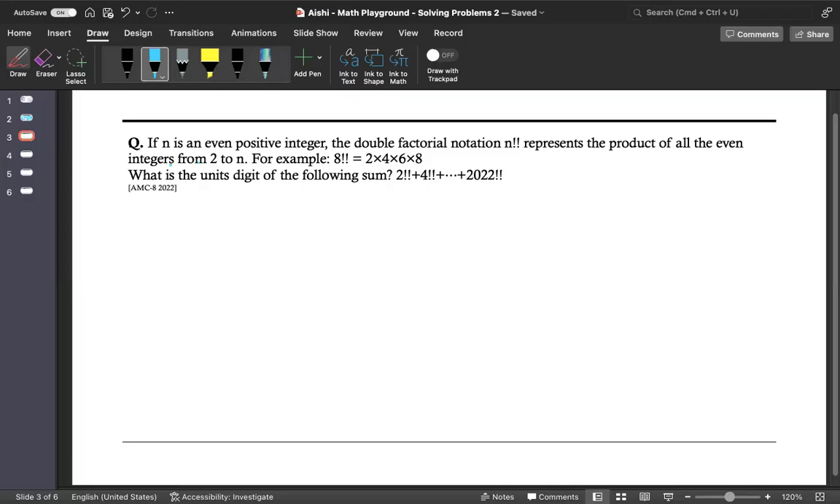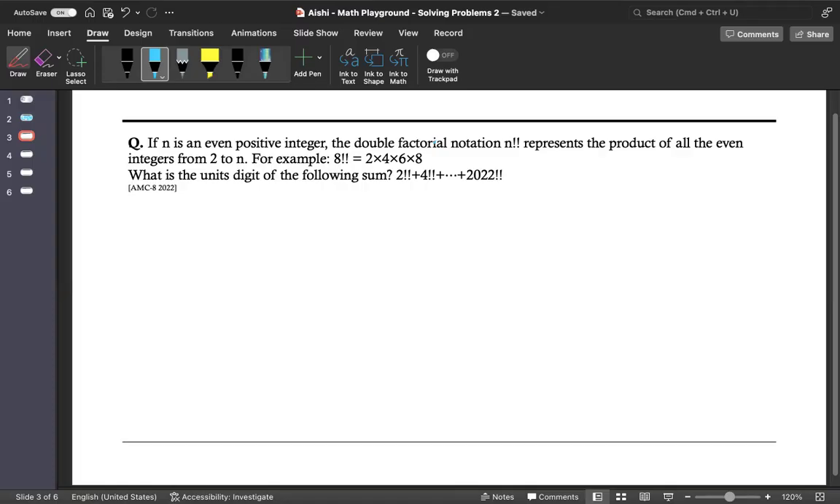Right. If n is an even positive integer, the double factorial notation n double factorial, that's what I like to call it, represents the product of all the even integers from 2 to n. For example, 8 double factorial is equal to 2 times 4 times 6 times 8. So, what is the units digit of the following sum? 2 double factorial plus 4 double factorial all the way to